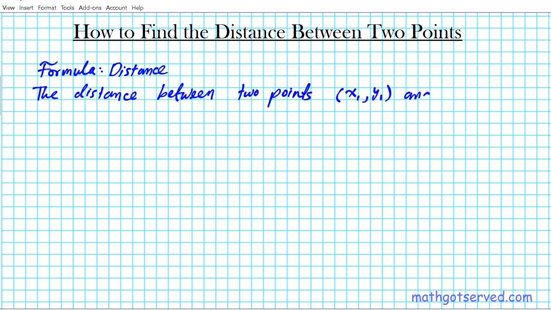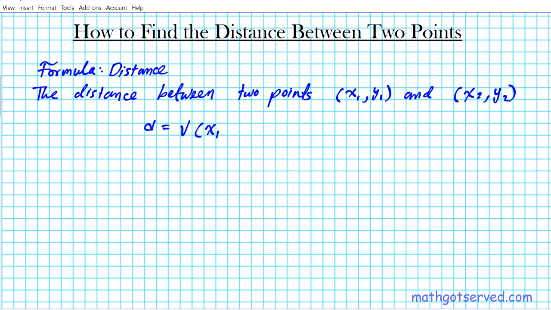We're following the same naming convention that we used in the tutorial before this, where we were looking for the midpoint. So the first point will be x1, y1, and the second point x2, y2. The index basically indicates the order of the points. So the distance between them, we're talking about the straight line distance, of course, is given by the square root